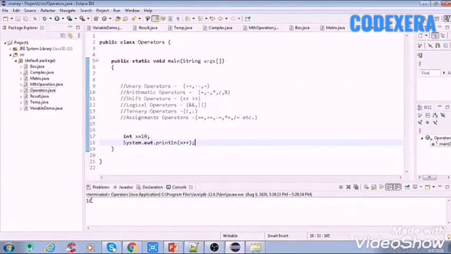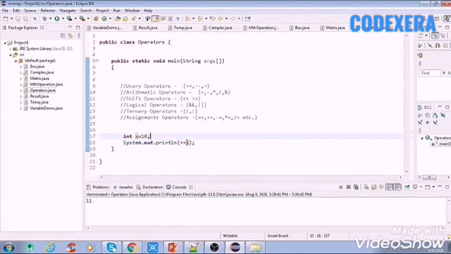So it is printing 10. There is no change by using the plus plus operator with this variable. Now if we put this plus plus before the variable, now it is printing 11. So here it is incrementing it by 1, and by writing it after the variable, it is printing the same as it is.